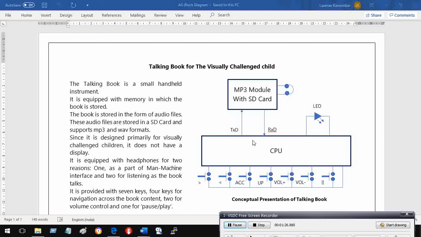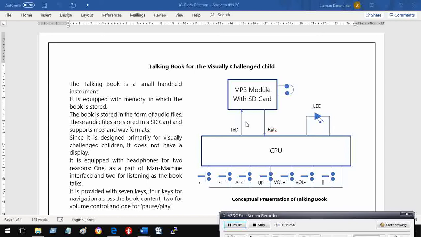So what kind of CPU would you need? A CPU which has got I/O pins, 7 input pins, 1 output pin, which is something absolutely common, and every microcontroller will have this.